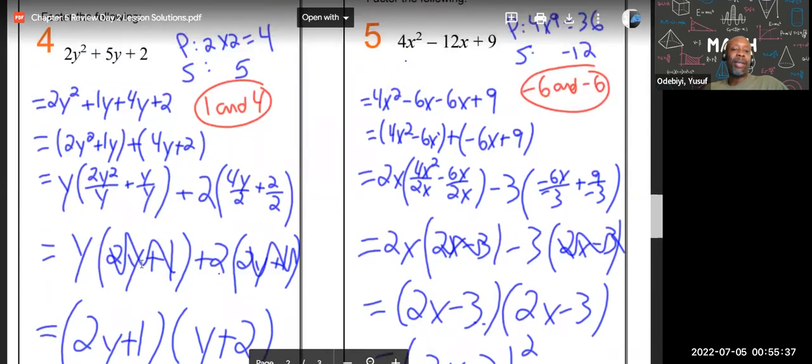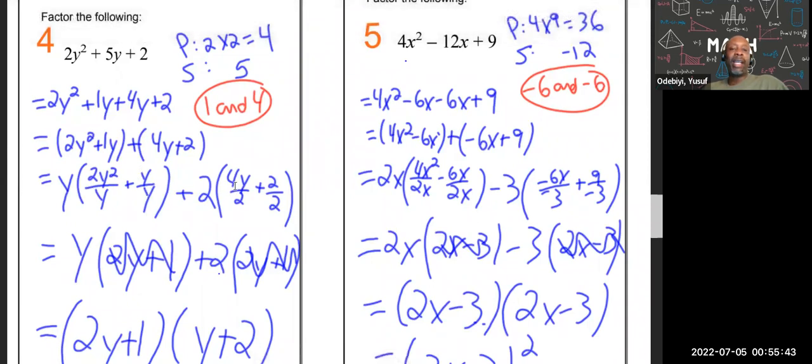I don't know what happened there, but basically I'm left with 2y plus 1. Now over here, what number can I divide out from each of these terms? I can divide out 2. So I'm going to have 2 here. So 4y divided by 2, and then 2 divided by 2. So I'm left with,